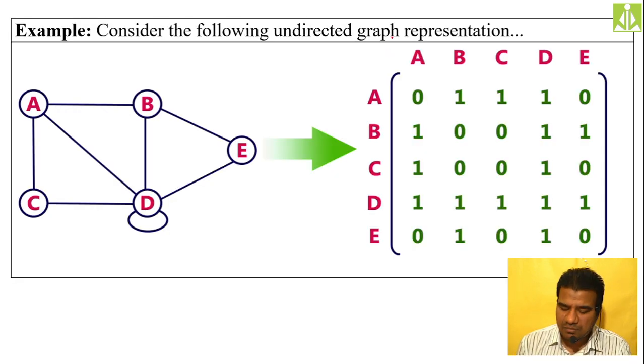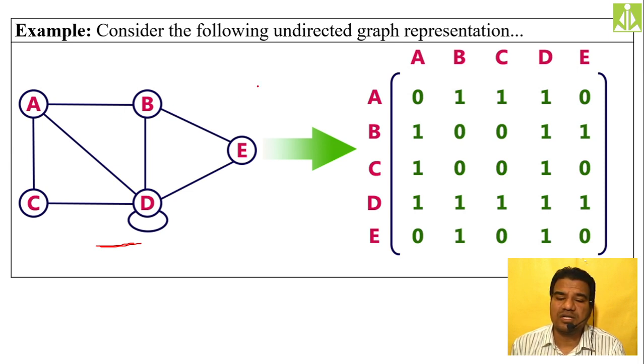So here, this particular graph has 5 vertices and many more edges, so we call this a graph. First, note down how many vertices you have in this graph. I have 5 vertices, so I can create a 5 by 5 matrix, where I represent all 5 vertices in columns, and all 5 vertices in rows as well.